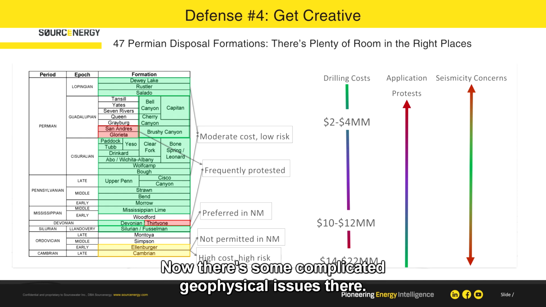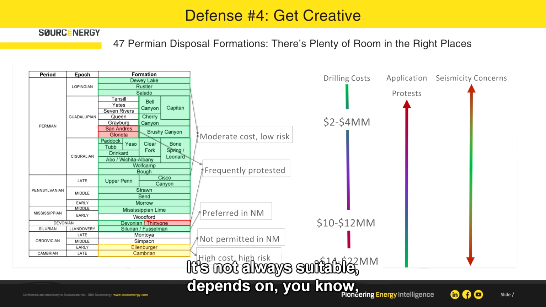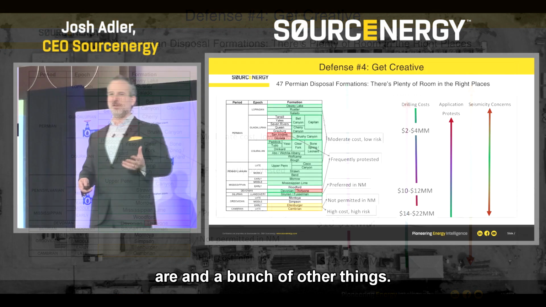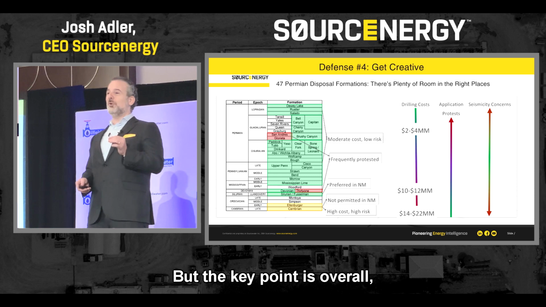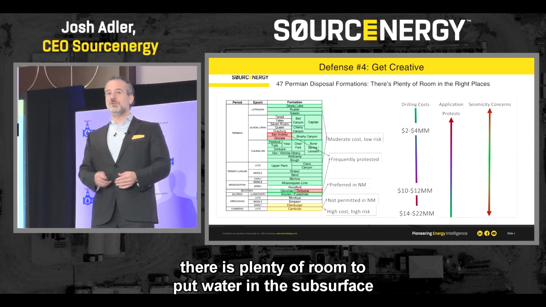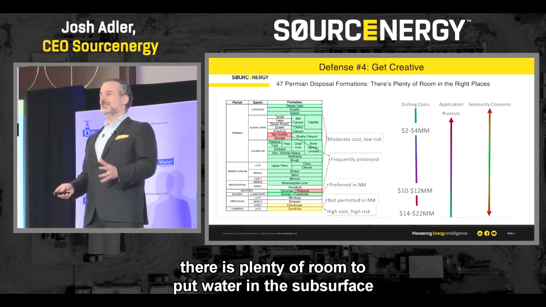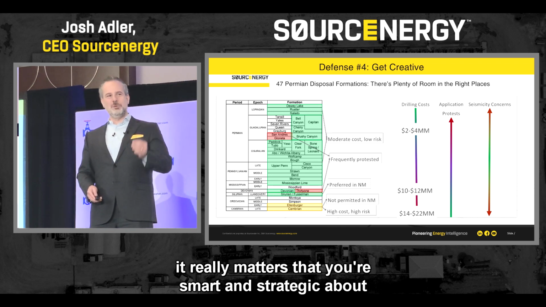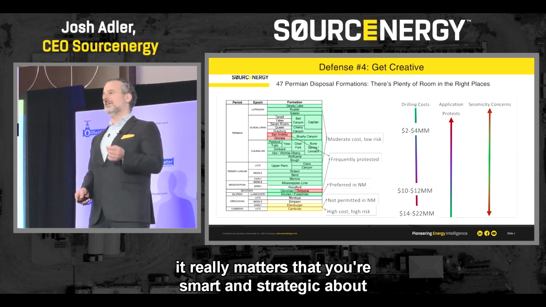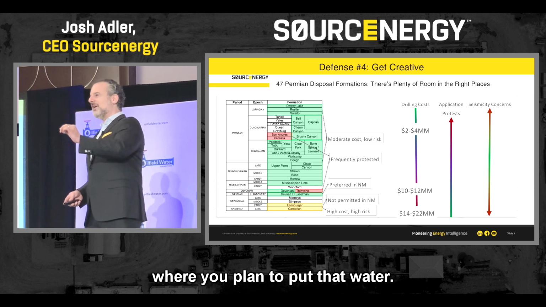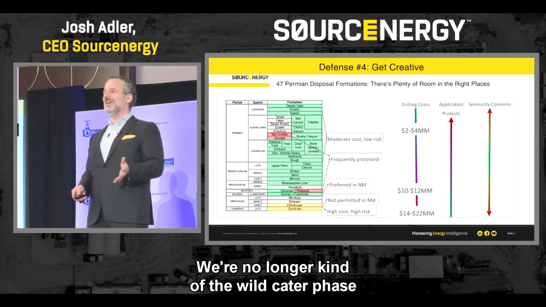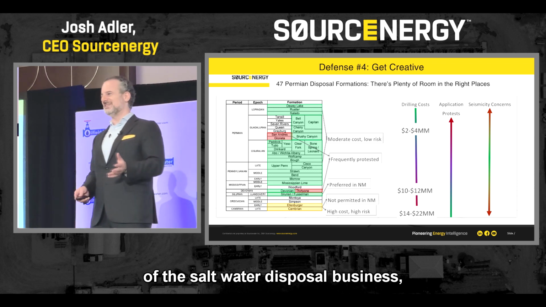Now, there's some complicated geophysical issues there. It's not always suitable. It depends on permeability and porosity and where the fault lines are and a bunch of other things. But the key point is, overall, there is plenty of room to put water in the subsurface in the Permian Basin. But today, more than ever before, it really matters that you're smart and strategic about where you plan to put that water. We're no longer in kind of the wildcatter phase of the saltwater disposal business, where if you can